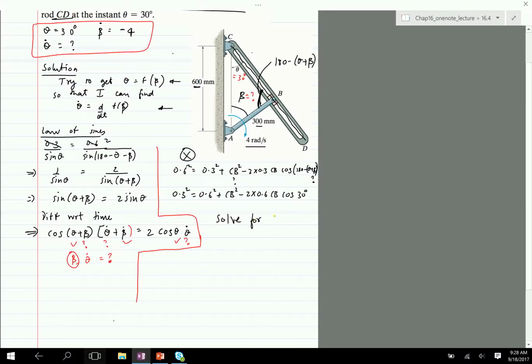One equation, one unknown, you could solve for CB. I have not solved for CB here. I actually ended up solving for beta. Can anybody solve for CB? It's a quadratic equation. You need to use